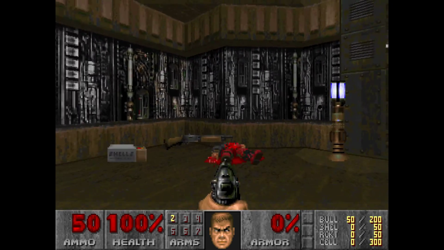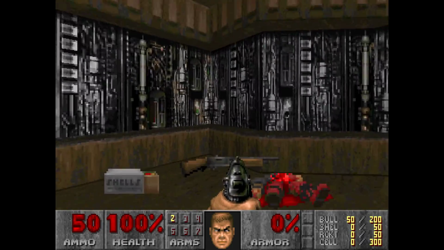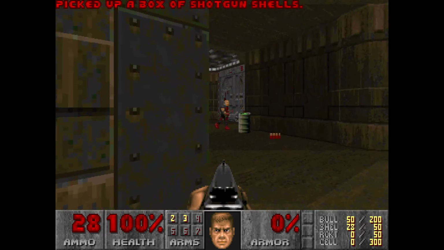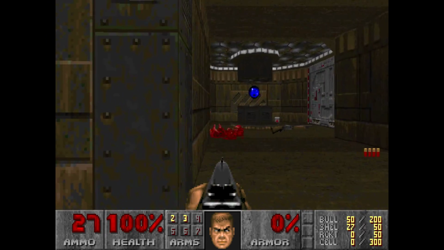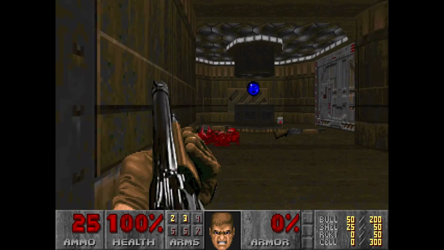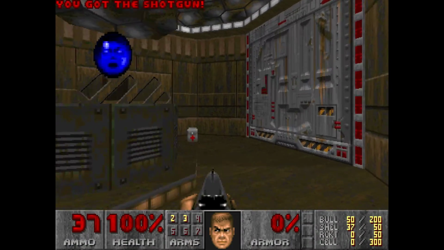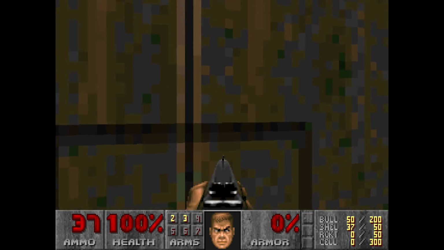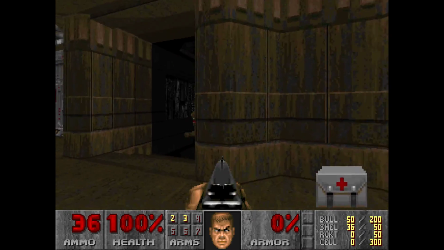So, this is a pistol start, but they are generous enough to give you a shotgun and some shells. And we'll need it to kill this fella, or fellas. And you might see this soul sphere here, but we'll use it later. First thing I want to do is open this up